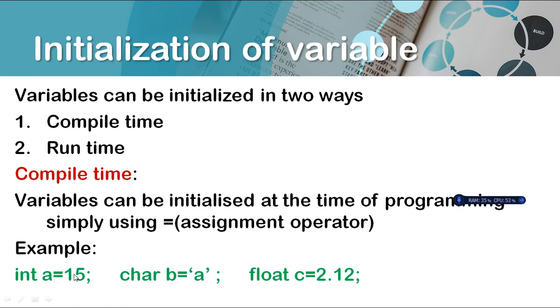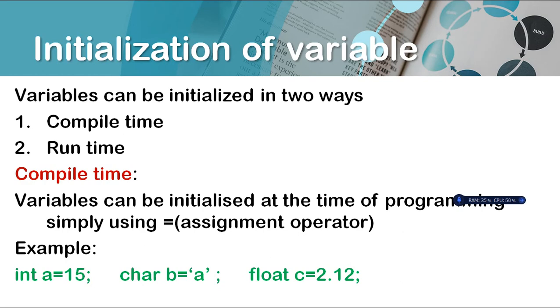Then what happens? When you initialize a variable like this, your compiler will keep this value in the memory it reserved for your variable. Suppose it reserves your variable at location 2020. Now it keeps that 15 in that location. Like that, a character variable can hold a character value. You can simply give a single quotation, and within that you can provide your character. Now coming to floating point, you can give your floating point values here. You can give any values after the decimal point, because a float can take 7 precision digits after the decimal place.